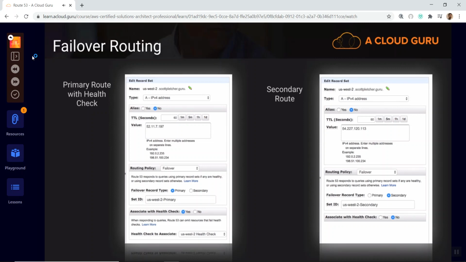And I'm going to say that it's a failover of a primary and then a failover of a secondary. And I'm going to have a health check associated with the primary. What I've done prior is set up that health check. And really all it does is just pings and tries to hit my primary resource. And if that's unavailable, then it's going to send me to the secondary route or the secondary resource, which in this case is